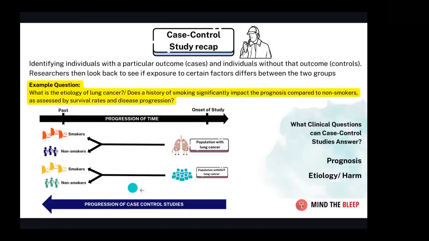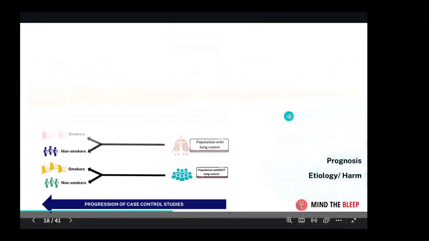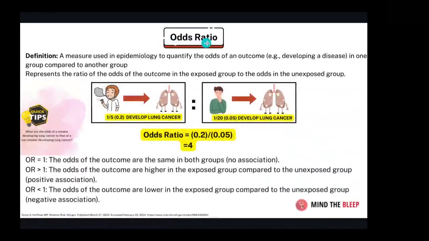And for case control studies, you can use what is known as the odds ratio. Okay. If you've seen these terms before, then you know that it might be very difficult to tell the difference between the two, but please bear with me. After I explain the odds ratio, I'll discuss the differences between that and the relative risk, okay? So like how the relative risk is a ratio, odds is also a ratio, okay? It's a measure used